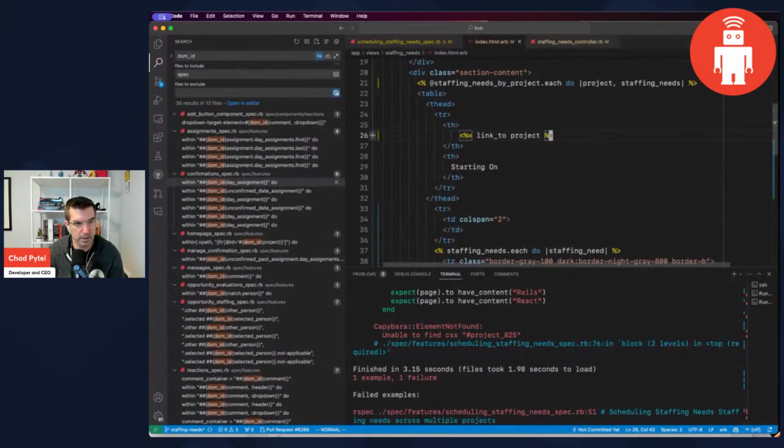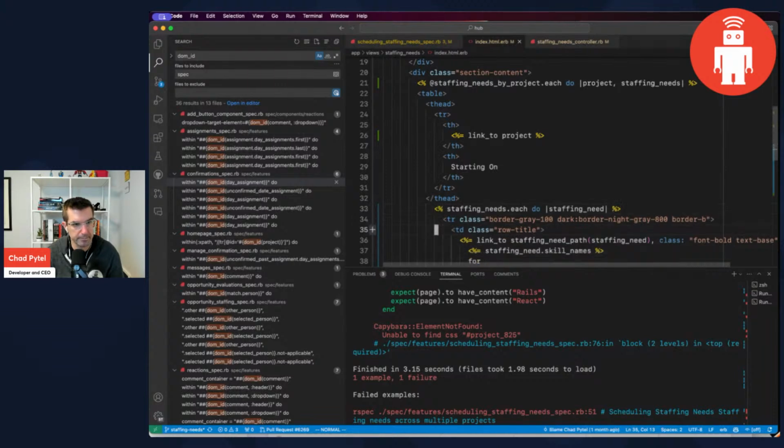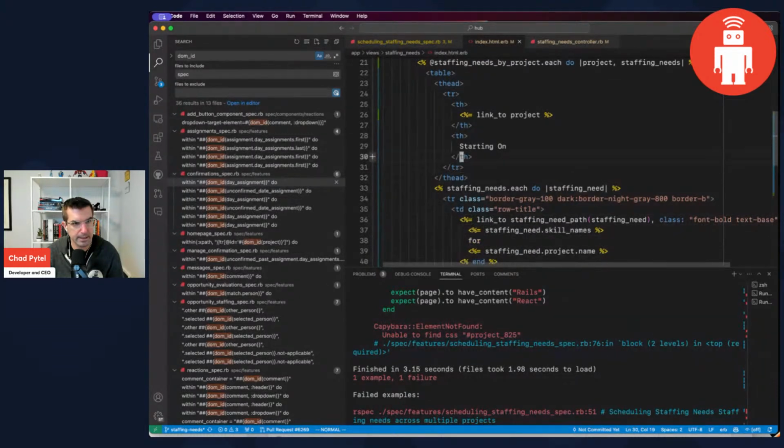We just include the name of the project right in the table header. So now we're making a table for each project,